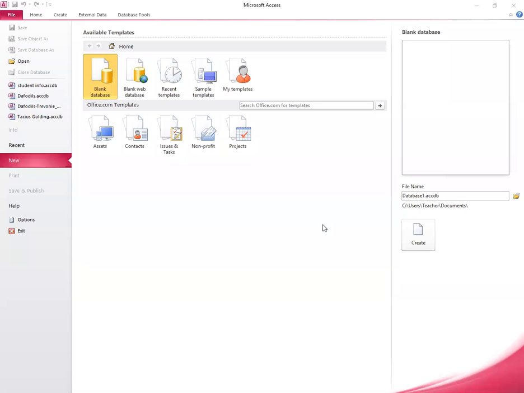When you enter the software Microsoft Access, the first thing it will ask you to do is to create your database. And like we mentioned before, a database is a collection of related information. So it's just going to ask you where you want to store the information, where you want your file to be